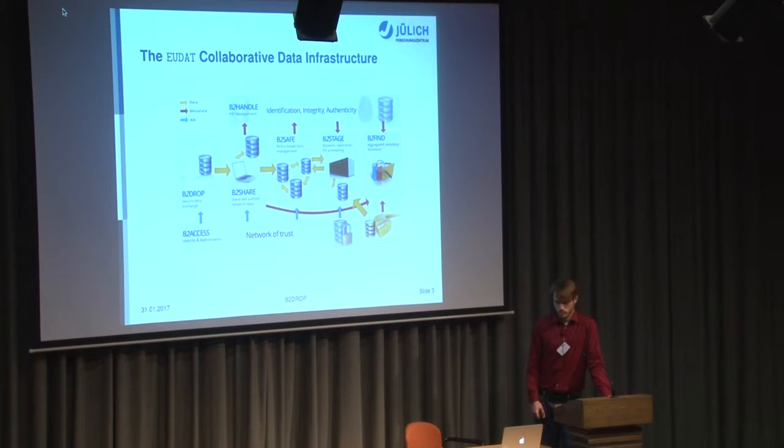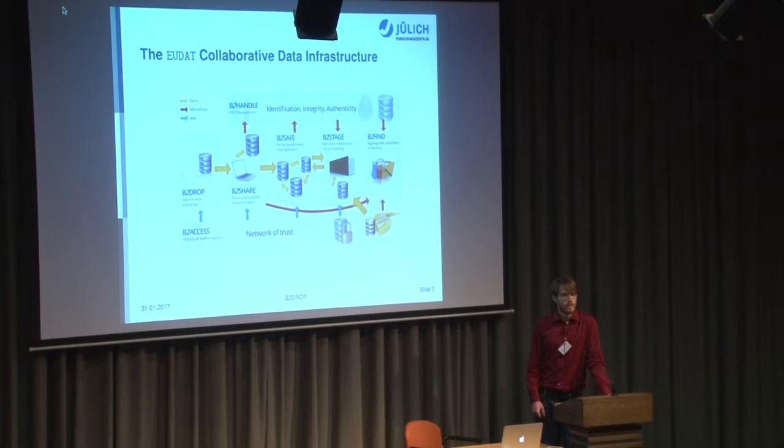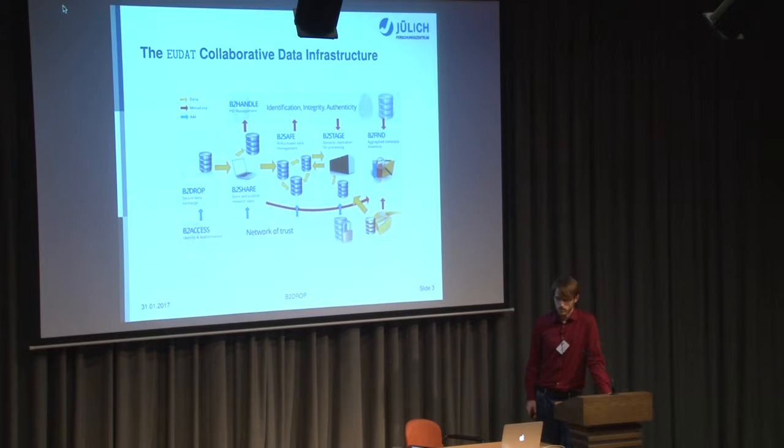B2Safe is for storing data on the long term, replicated across different European data centers. And there are other services: B2Stage, to transfer files from the B2Safe data storage to HPC facilities; B2Handle to make data citable on a long term via creating EPIC PIDs, or handles, in the backend; and B2Access to authenticate users. B2Access is a middleware on top of different identity providers, for example, the DFN AAI or GitHub, Facebook, and also it supports local user accounts. I will come to this later.